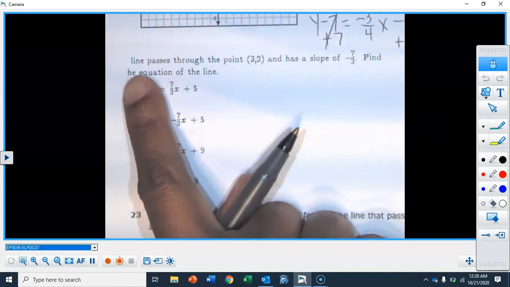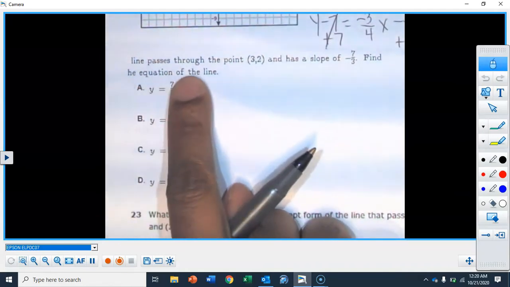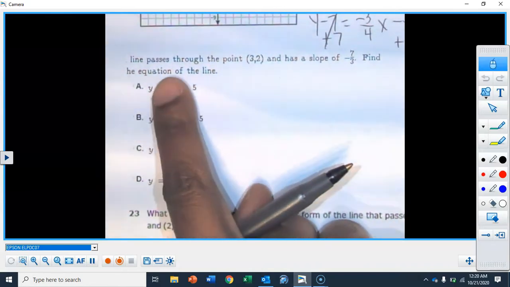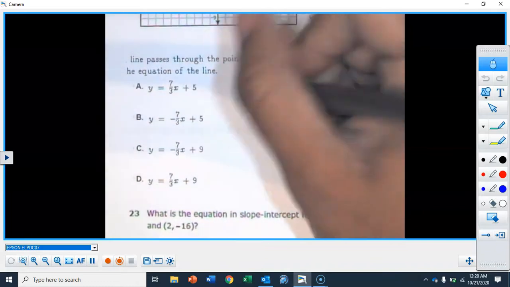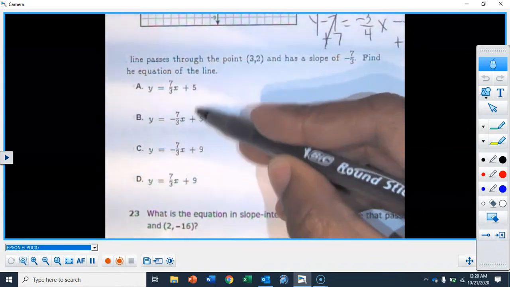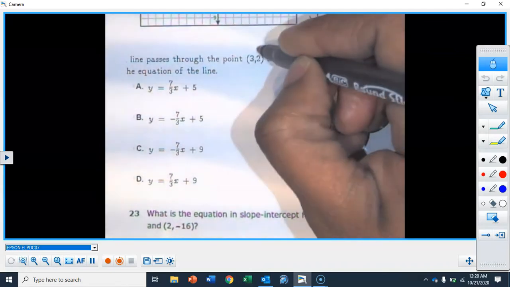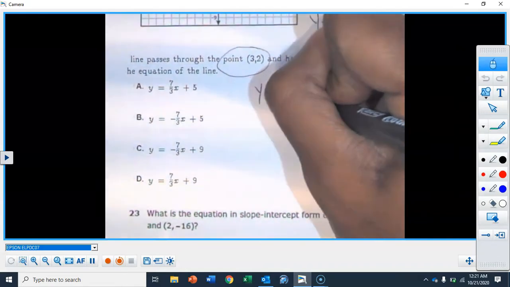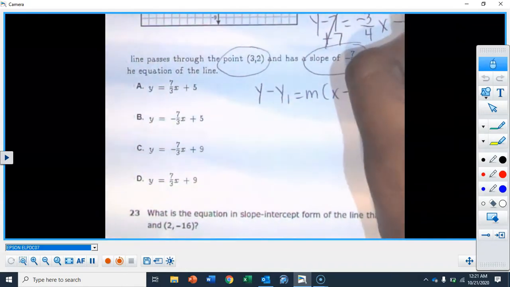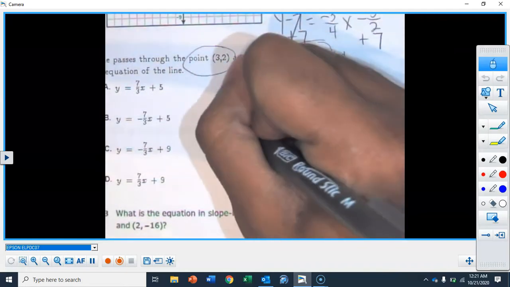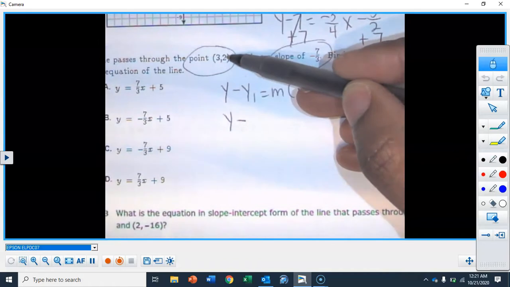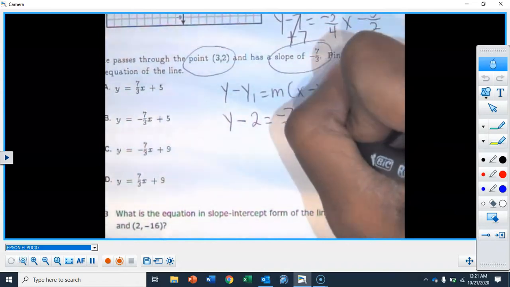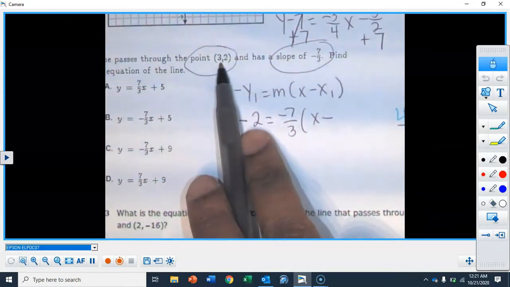Okay, so it says, write basically the equation of the line that passes through this point with this slope. So it should be very evident to you, because they say find the equation, and they give you what? A point and a slope. Let's use point slope. And notice your answer choices are in what? Slope-intercept. So hear all that vocabulary. They gave us a point. We have a slope, use point slope. So y minus y1 is equal to m, x minus x1. So very carefully, y minus my y1 is a positive 2, so y minus 2. My m is a negative 7 over 3, open parentheses, x minus, and then my x1 is 3.